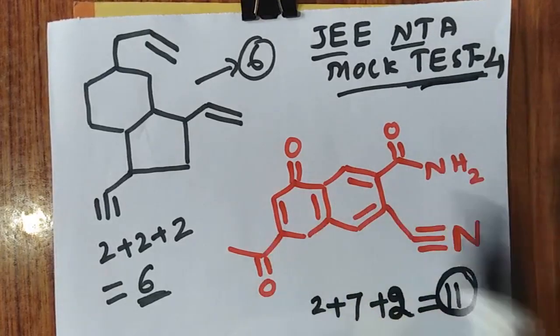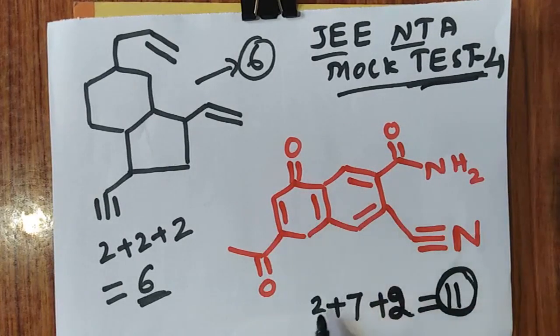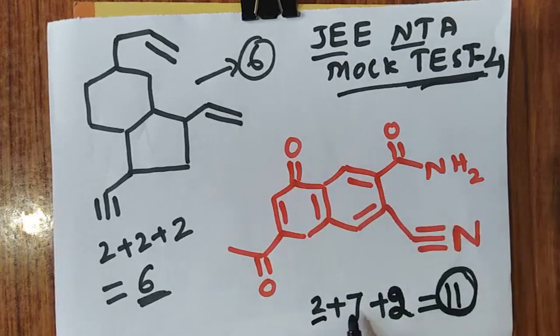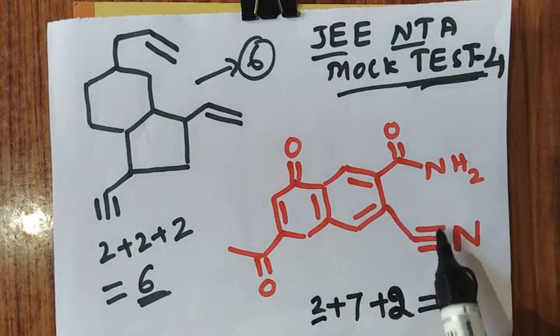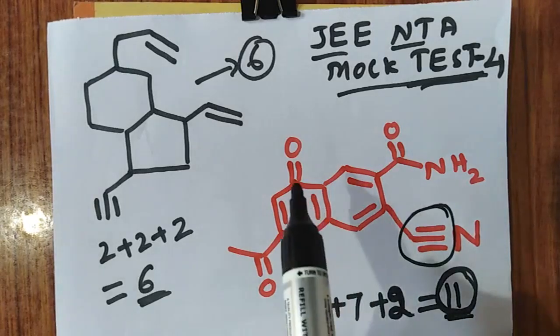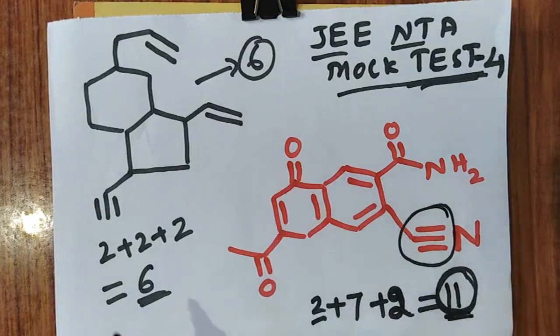So when this type of structure is given, once again I will tell you, 2 rings are there. So 2. So how many double bonds? 1, 2, 3, 4, 5, 6, 7 double bonds. So plus 2, which means a triple bond is there, right? 1 triple bond means 2. So hence it is equal to 11. So like this, remember, you can easily identify the degree of unsaturation, very important for JEE and NEET exams.